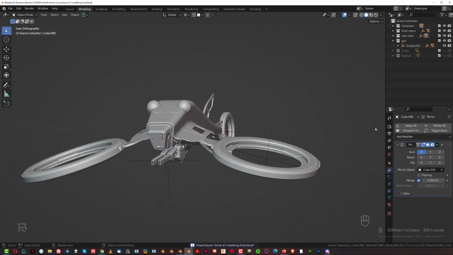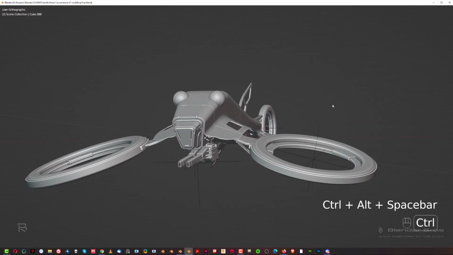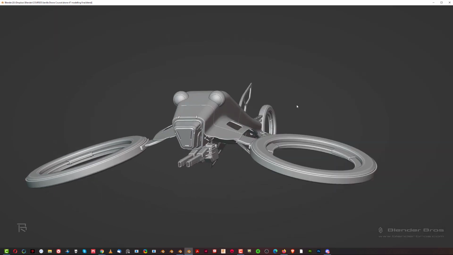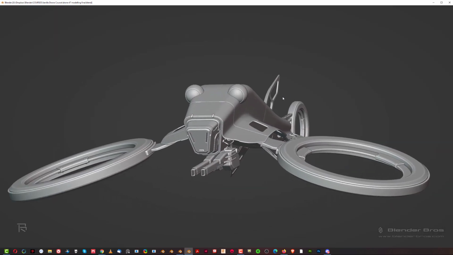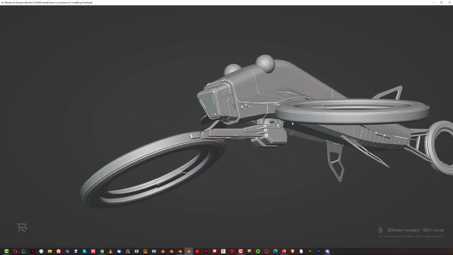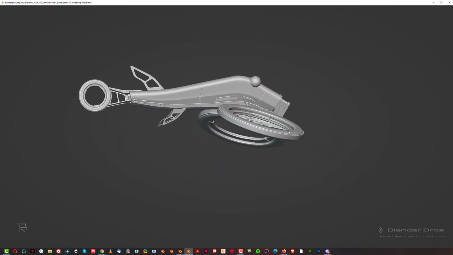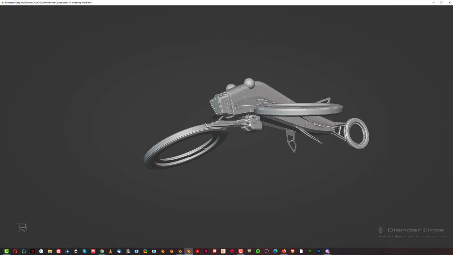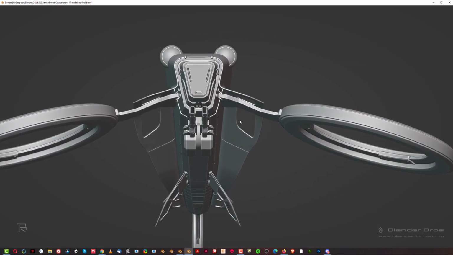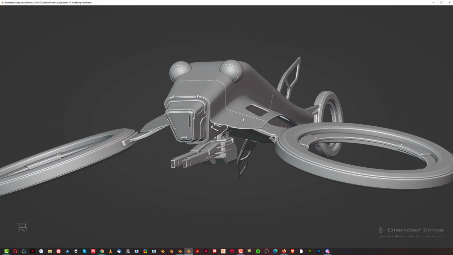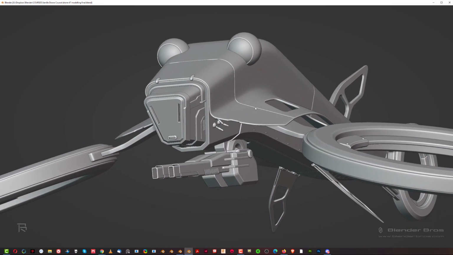Let's just save it. Let's see how we're looking. Ctrl Alt space. In fact, let's just turn off the screencast keys because we're not going to need them for now. Turn off this garbage and let's see. So you see now, when you're looking at your model, you need to make sure that it really looks good from all the angles. That's really important. Doesn't matter what angle we're looking at, we can always create some really badass renders. Like this,